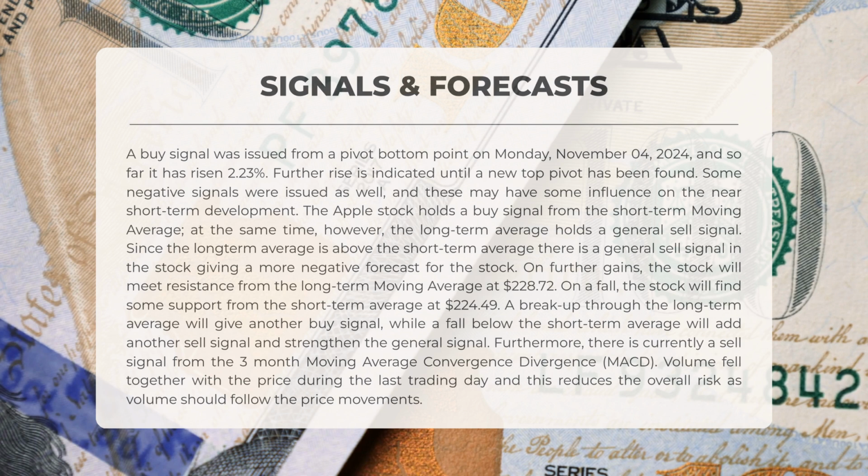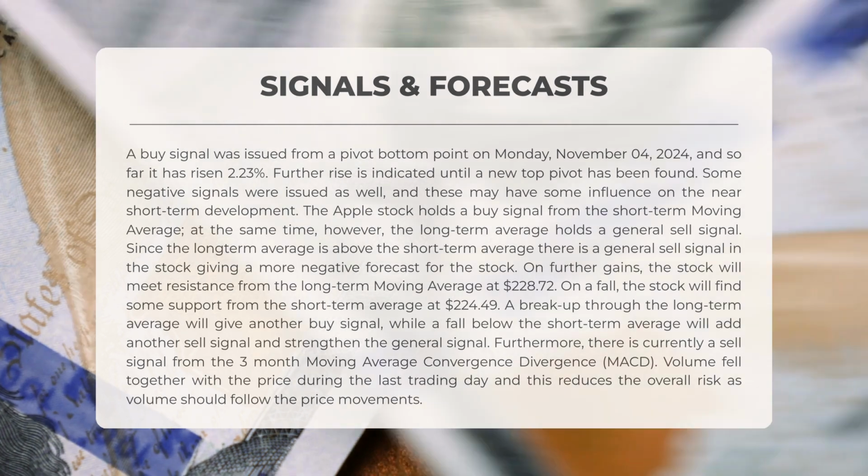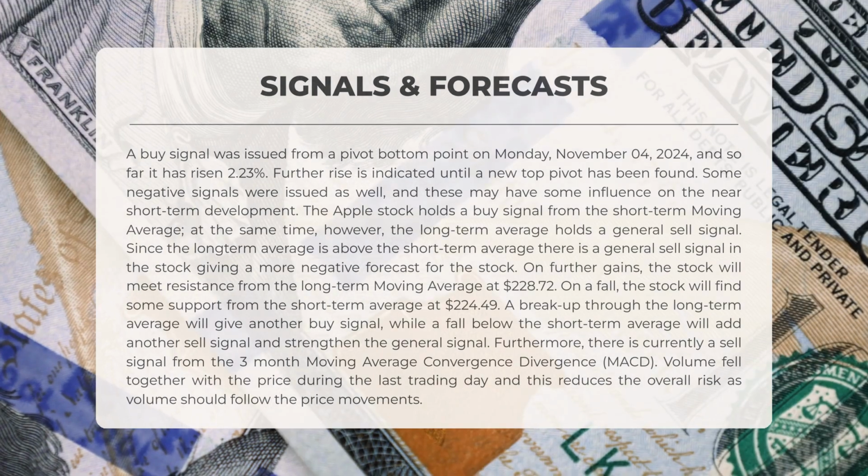A breakthrough above the long-term average will trigger another buy signal, while a drop below the short-term average will introduce an additional sell signal and reinforce the general signal. Furthermore, there is currently a sell signal from the 3-month Moving Average Convergence Divergence, or MACD. Volume declined alongside the price during the most recent trading day, which mitigates overall risk as volume typically aligns with